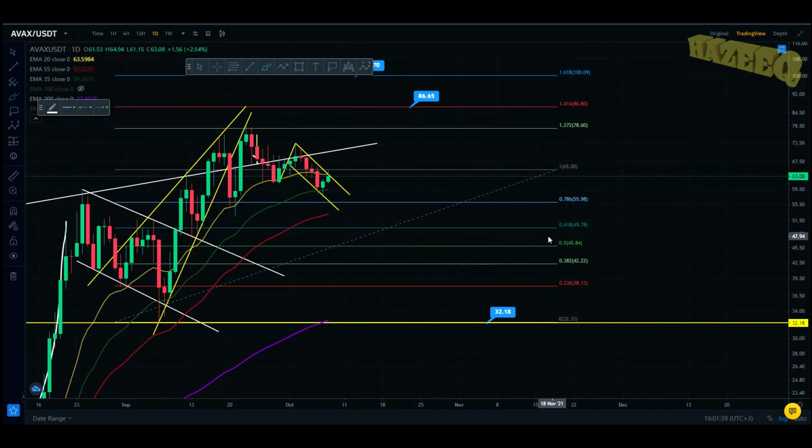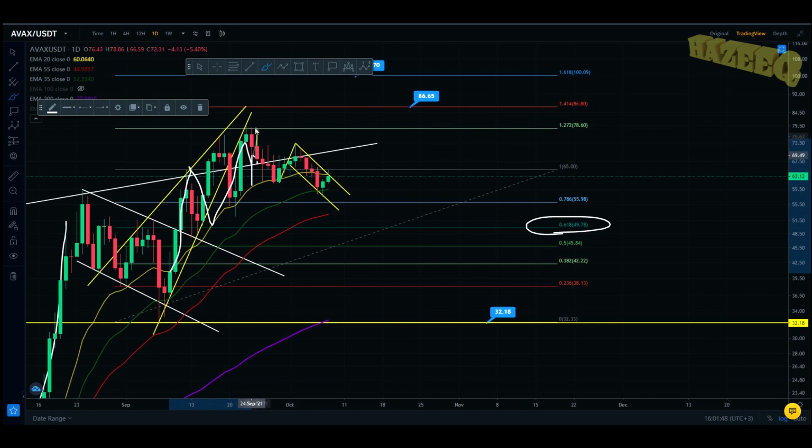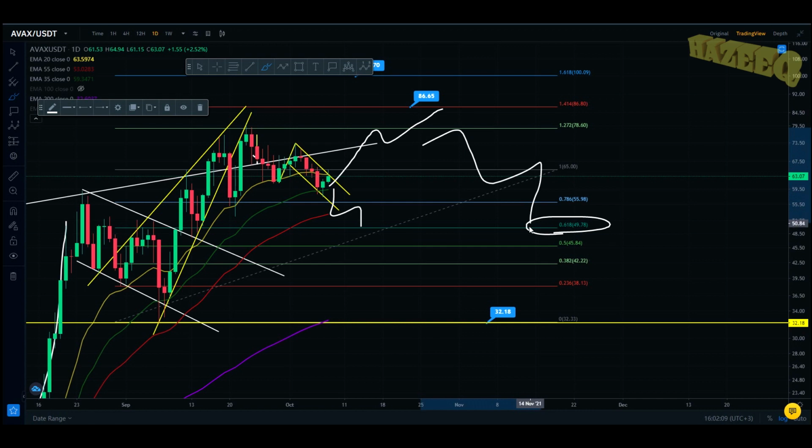One thing I do want to say is you're potentially looking for a retest of the golden ratio. You have retested it before. After you made this high, you came back down, then you made the impulsive wave to the 1.272. One thing I do look for is potentially a retest of this golden ratio at $49, pretty much $50. It can either come now or it can come after you break out of this bull flag, get to the 1.414 or the 1.272, and then have a rollover.